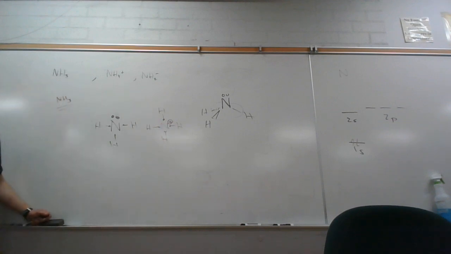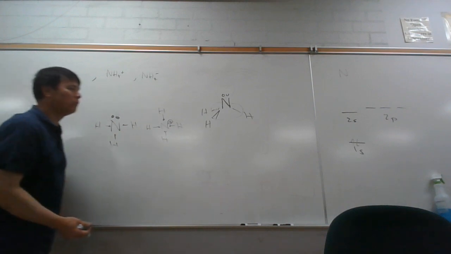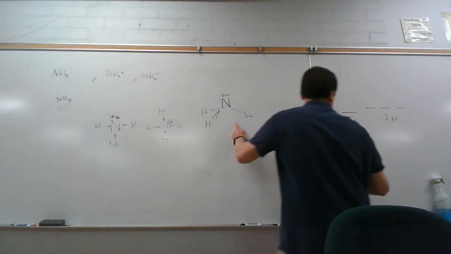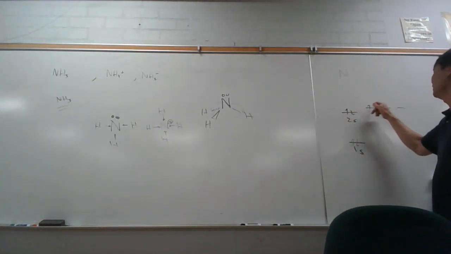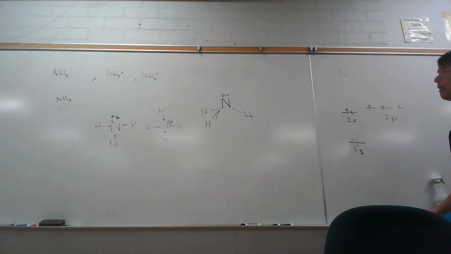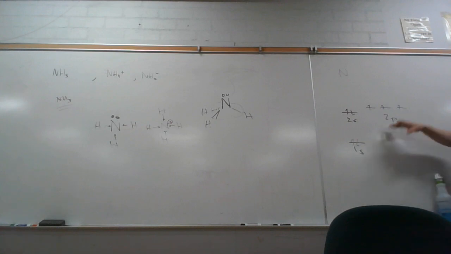Four electrons is 1 less than its normal valence. Now, when we fill this, we go 1, 2, 3, 4, 5. So this looks right. In fact, we could use the unhybridized atomic orbital energy level diagram here,